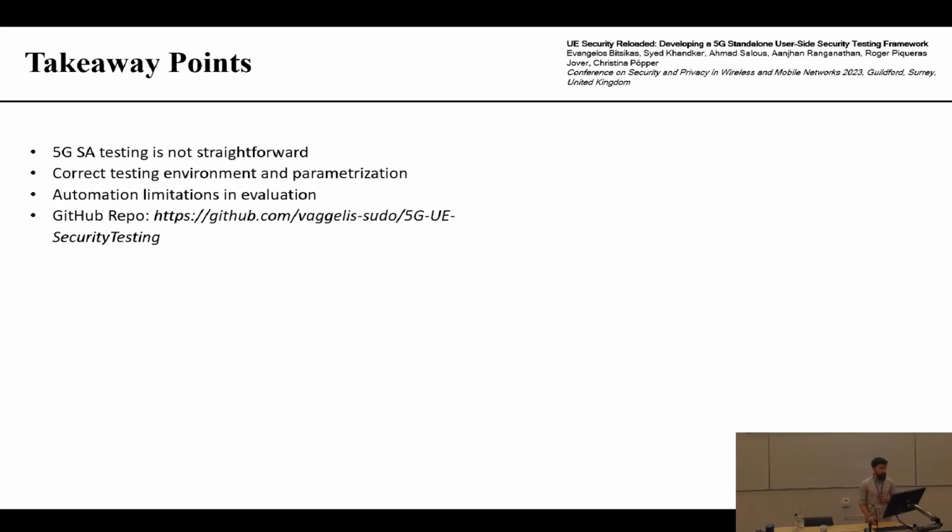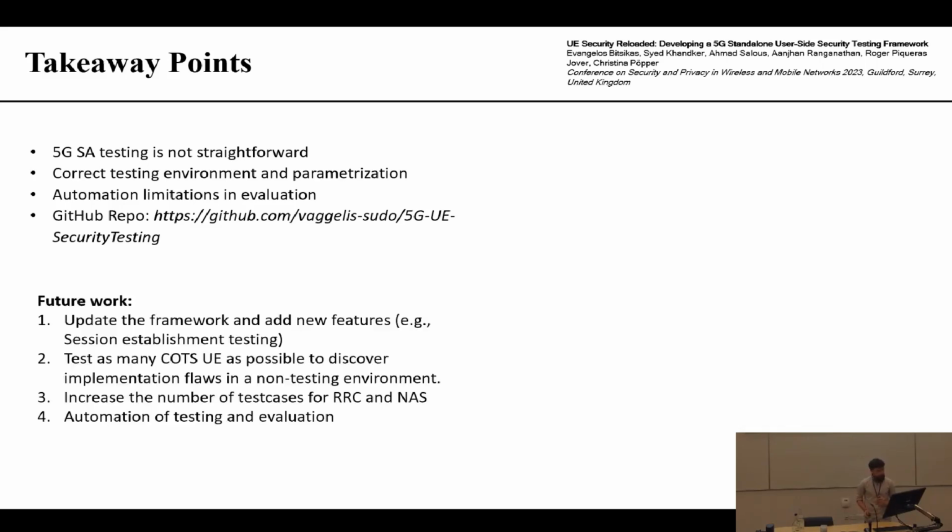For takeaway points, I would like again to mention that we created this 5G standalone framework, but it is not very straightforward. As you can see, we need to have a correct testing environment and parameterization, and automation can have limitations. We have the GitHub repo. We are currently updating it. It's not totally ready. And this work is actually a stepping stone for our next